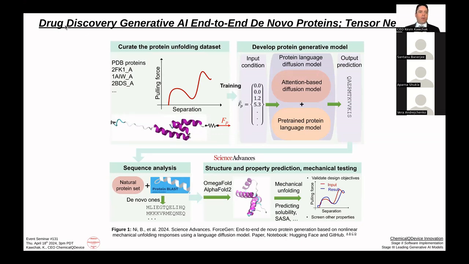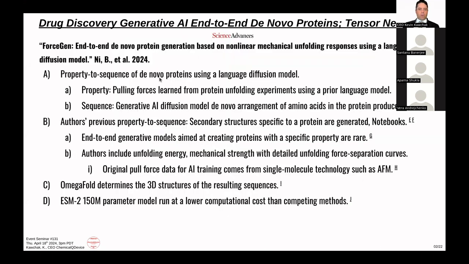And this is going to go over drug discovery, generative AI, end-to-end de novo proteins, and also with tensor networks at the end there. And what you see on the screen here is basically a representation of what's going on with the paper. So you could see, so curate the